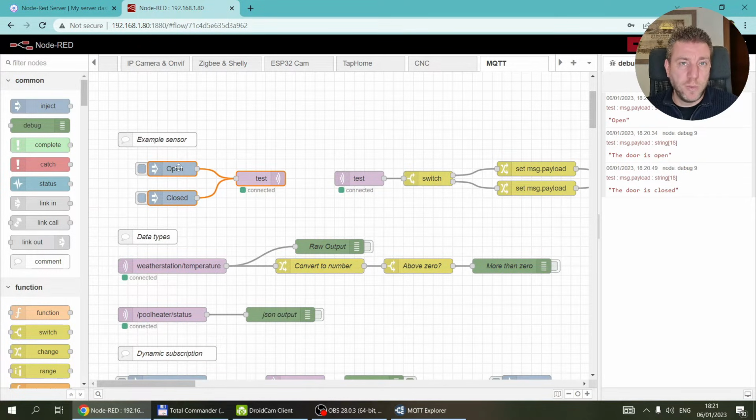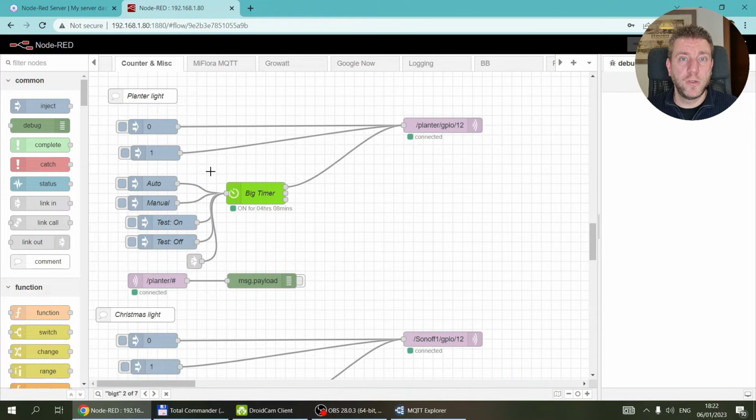I mean, in most cases, it's not going to be the words open, closed. It would be something like zeros and ones, or something very similar. Or if it's temperature, it's just a temperature value. And without going into too much detail, I just want to give you another quick example. So if you're not really collecting data from sensors, but let's say you have a very simple relay that you can control over MQTT, which is going to turn some lights on and off,